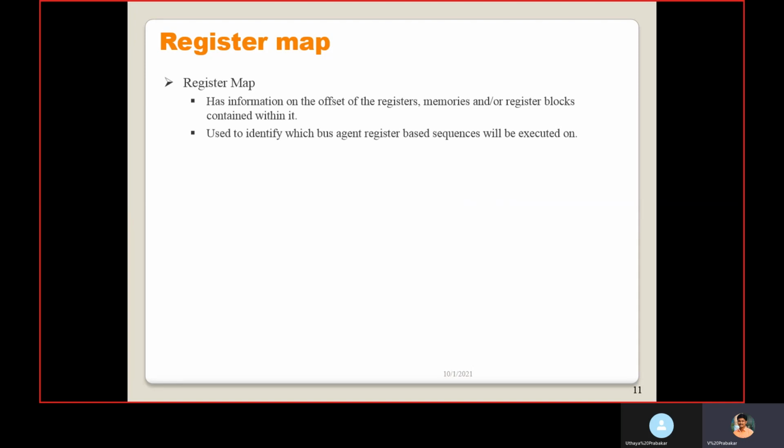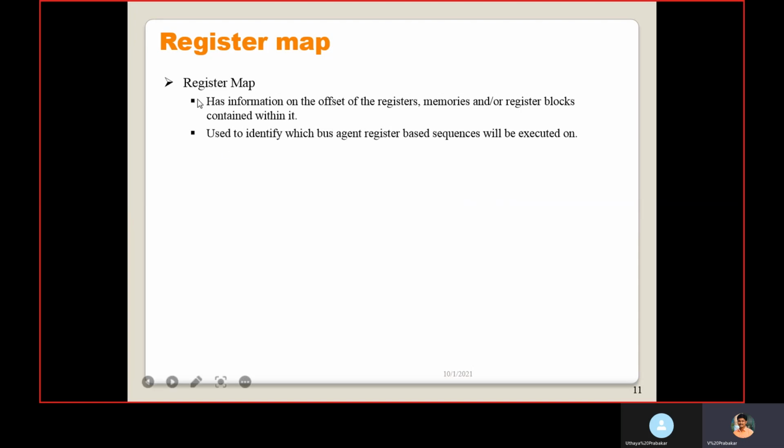Then the register map. First we need to create the register class and memory class. Then the register map we need to do in the register block. The register block is the top hierarchy. Inside the register block we have the register class, the memory class, and the register and memory map.